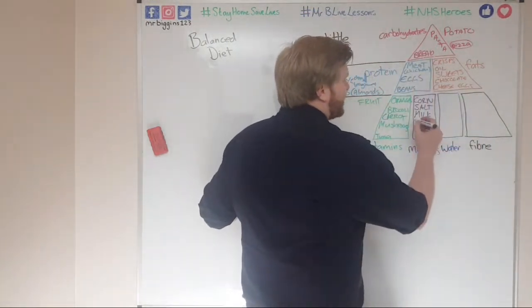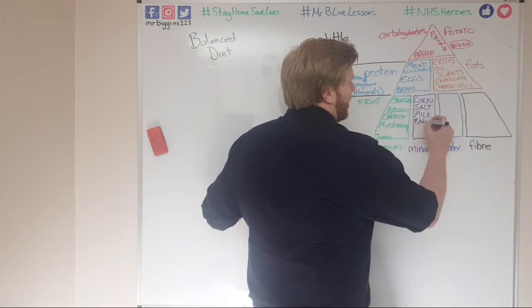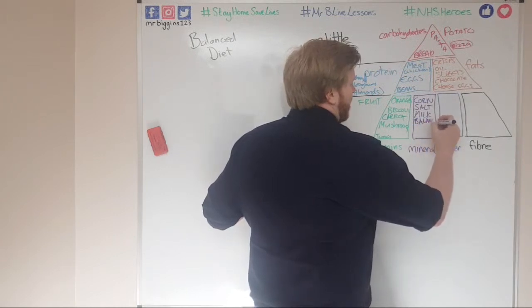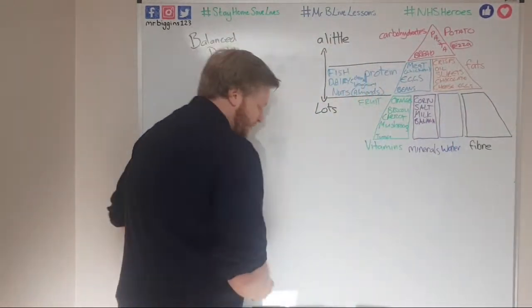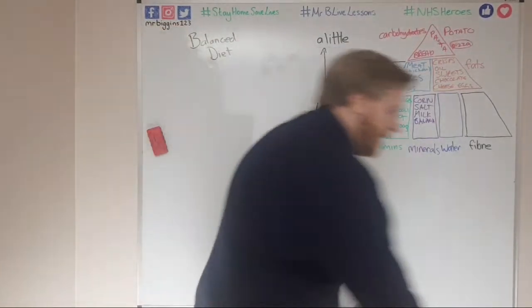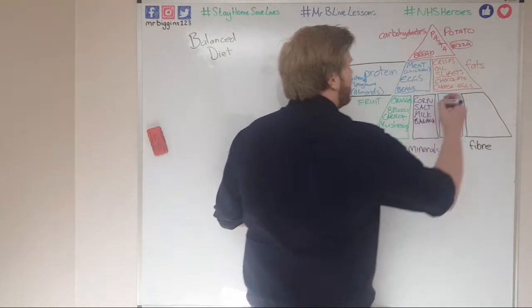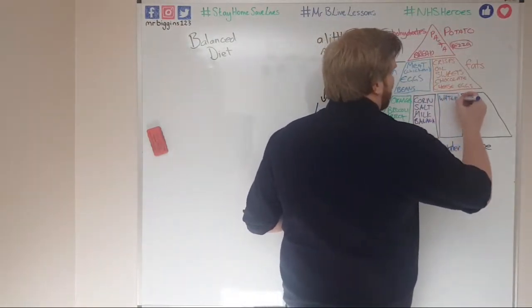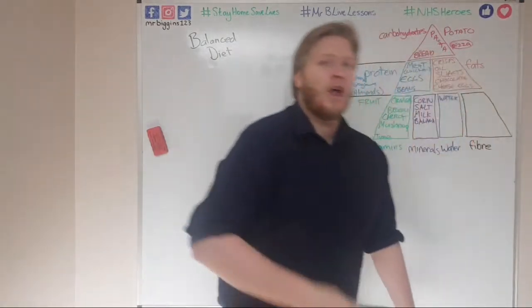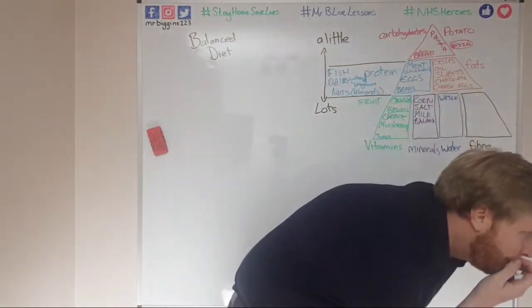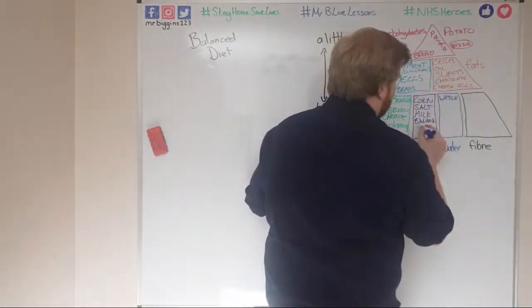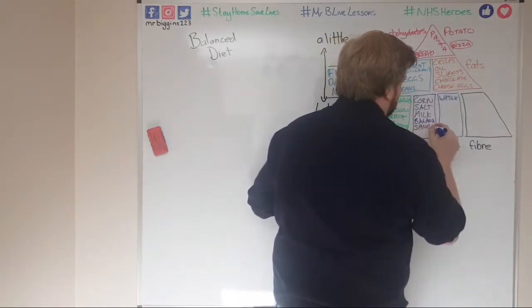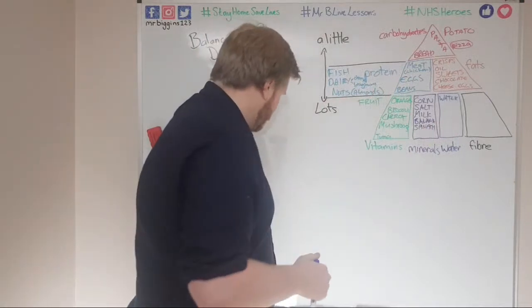And then we've still got things like different types of fruit, like bananas, things like that. Now, this one might seem obvious. I've got water, but does anyone know any foods that have lots of water in? So obviously we're just going to put water, because drinking water is really important. But there are foods as well that have lots and lots of water inside them. Okay, let's see if we can see. Oh, someone's put spinach there for minerals. Well done. Well done. Straight away,